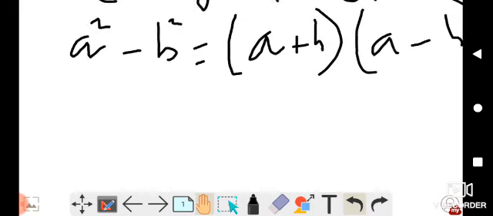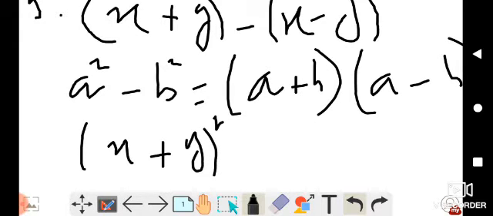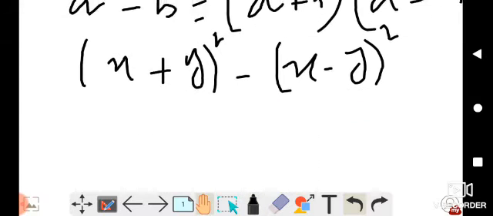Okay, so again, see now. I am writing (x + y) whole squared. Okay beta, this is the a square. Now minus, because in the formula there is a minus, and the other bracket is (x - y) whole squared. This is the b square, and this is the a square. In the middle of a square and b square there is a minus, so the minus comes here. The second bracket is in the place of b square.